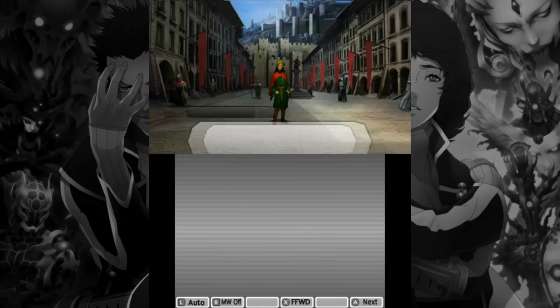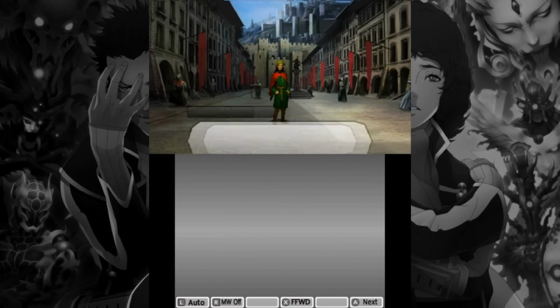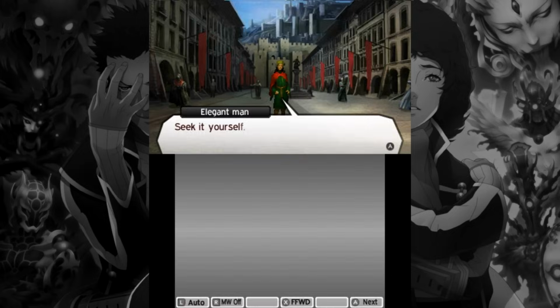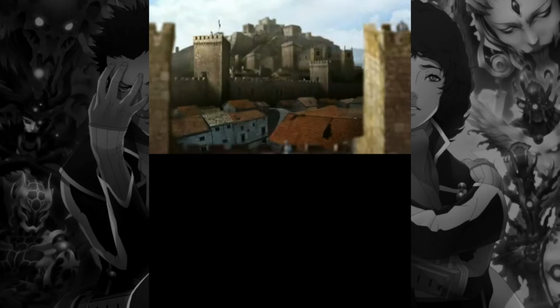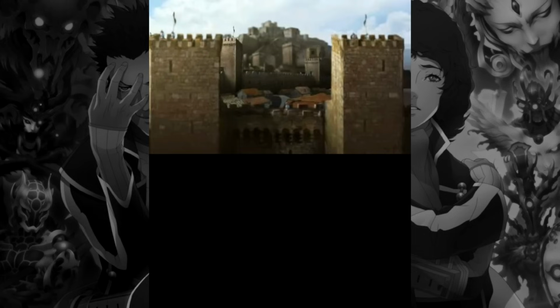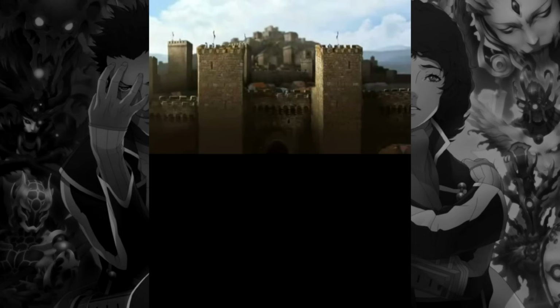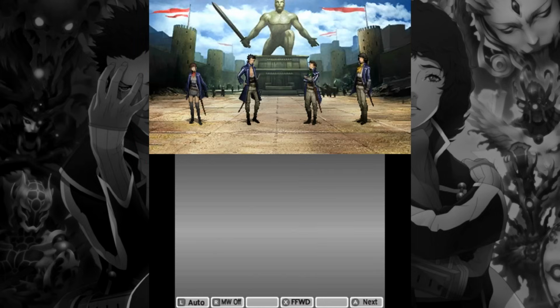Oh yeah, I also forgot to mention that I'm not really paying much attention to the dialogue since most of it I know already. I also just want to say I really wish there was an option to skip these cutscenes because I am getting some horrible lag during them. Seriously, Citra's frame rate is showing me between 14 and 17 frames per second, so I probably won't be showing much footage of these. Anyway, we make our way to Mikado Castle, the gauntlet shines, and after a long nap,